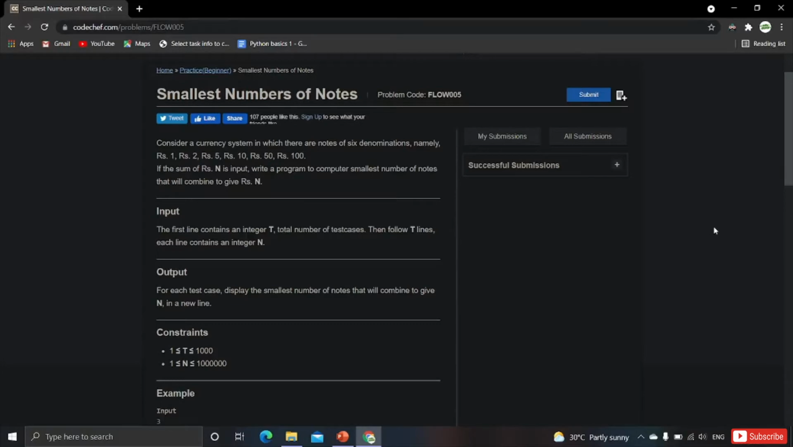Okay, as a user, if you give n as input, then you have to write an algorithm in such a way that the computer must provide the least number of notes which must result in that particular number n that you gave as input. Coming to the input, the first line contains an integer t, where t is nothing but